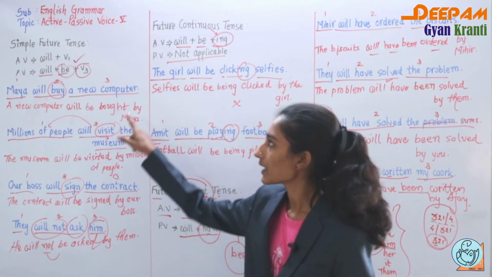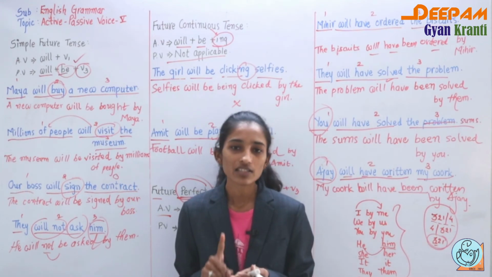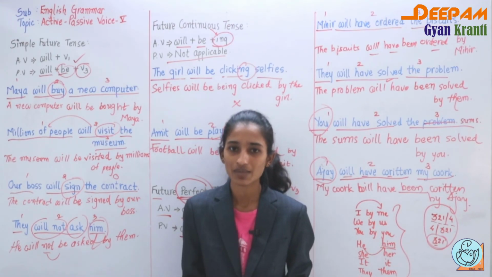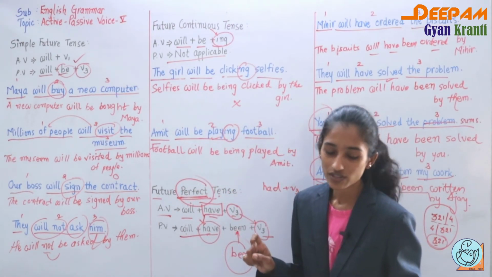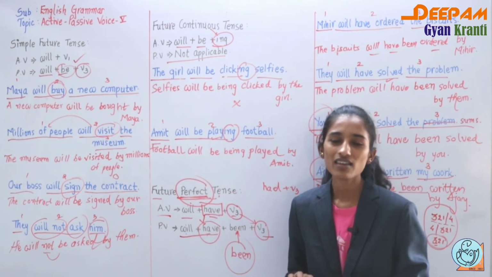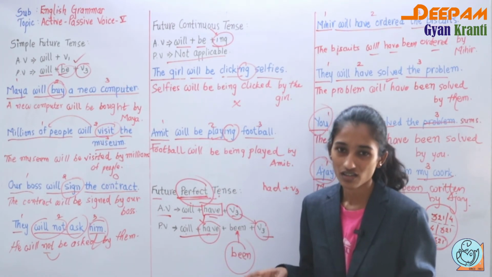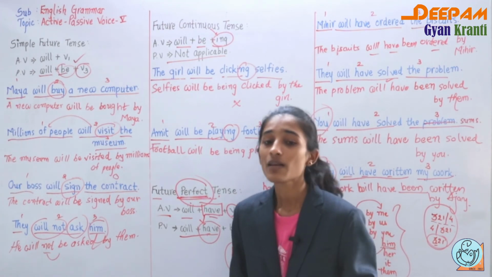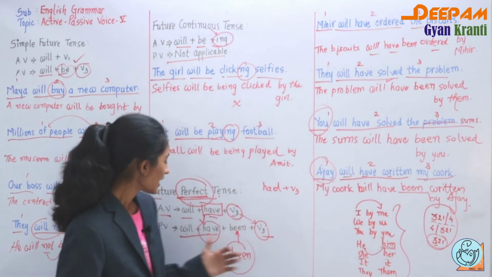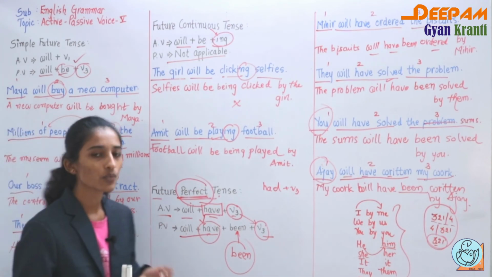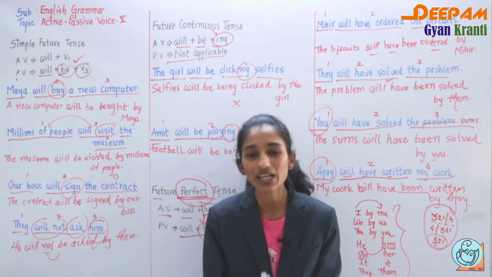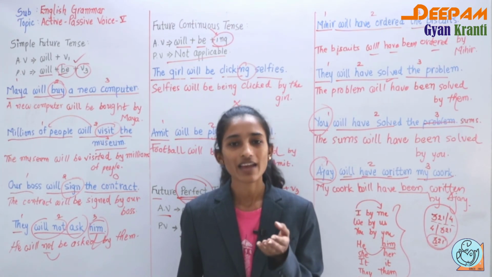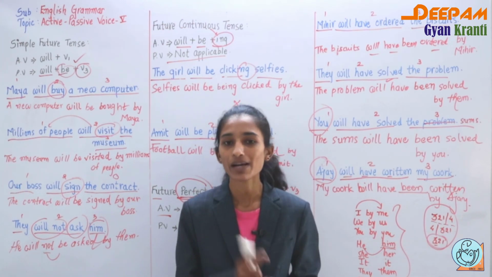What you have to remember in simple future tense? Will plus V1 means base form of the verb, then you have will plus be, then V3 means past participle. Suppose future continuous tense is there, so in active voice will be ing. So if you want to change, in some videos or textbooks you will see will plus be plus ing, plus V3 means past participle. And it's very important, future perfect tense. So in active voice you have will plus have plus V3 means past participle. So for passive voice you have to change into will plus have then been, right, and then past participle.